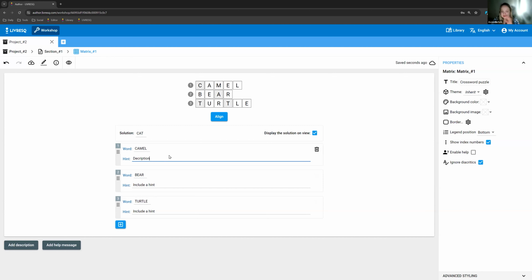Description. It's essentially the hint. I won't be playing around with this too much. The second option is for me to align my answer. So if I click align, it will automatically align my answers with the words that I've given it according to